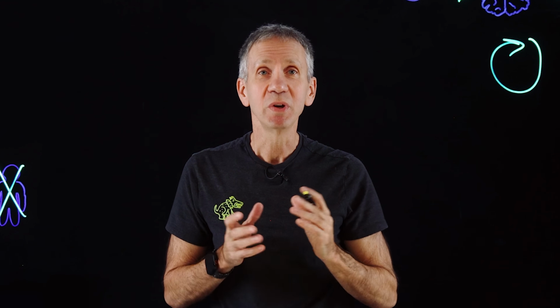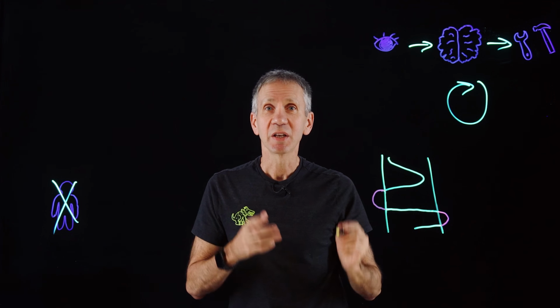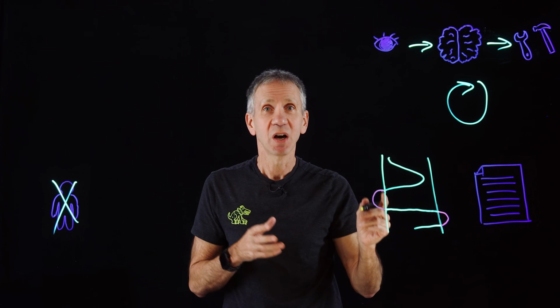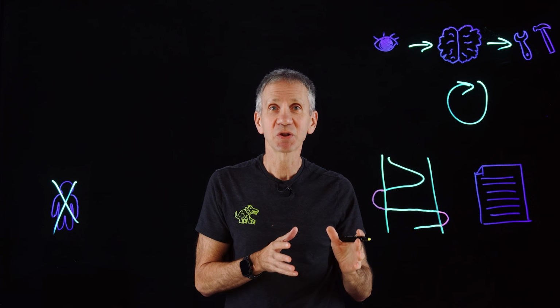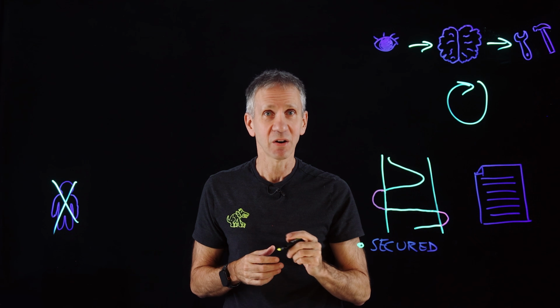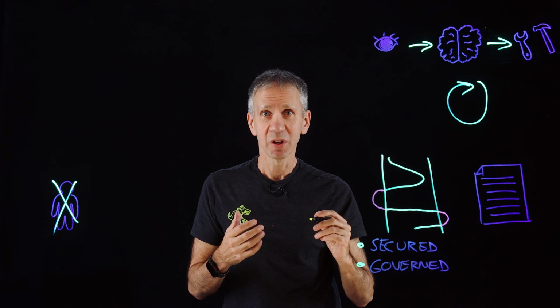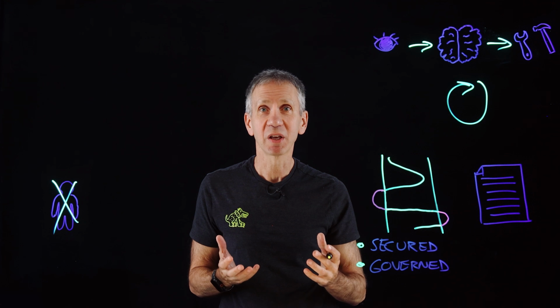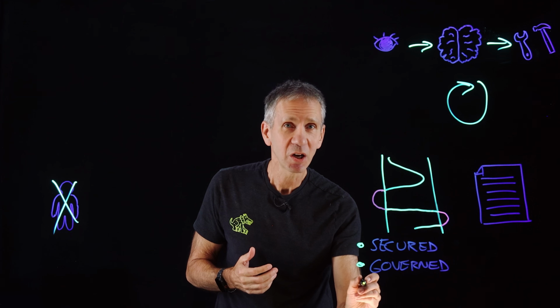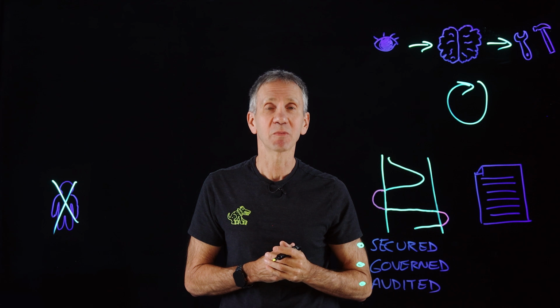But with that kind of power also comes considerable risk. We need to make sure these things are true: that they operate within explicit boundaries, and that they provide observable traces of the decisions that they make and the actions they take. In other words, they need to be secured to make sure that they aren't leaking data or have been hijacked by an attacker. They need to be governed so that they're reliable and operate within the context we expect, and they need to be audited to ensure compliance with organizational policies and regulatory requirements.